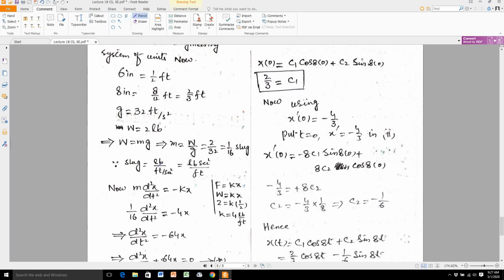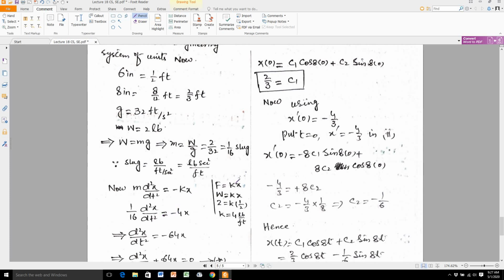And slug is equal to pound by feet per second square. It is equal to pound into second square divided by feet. So I'm using the differential equation here, m d square x over dt square equals minus k into x. So our value of m is 1 over 16, and the equation is 1 over 16 d square x over dt square, and the value of k